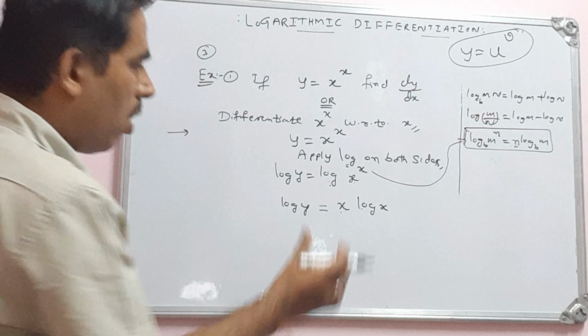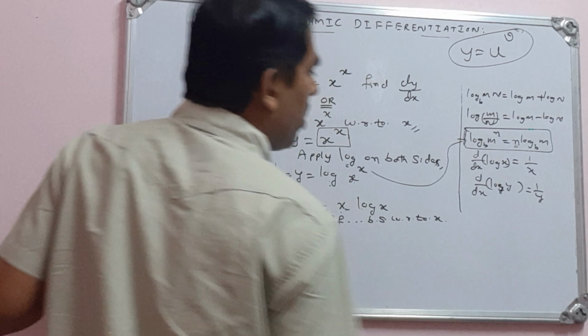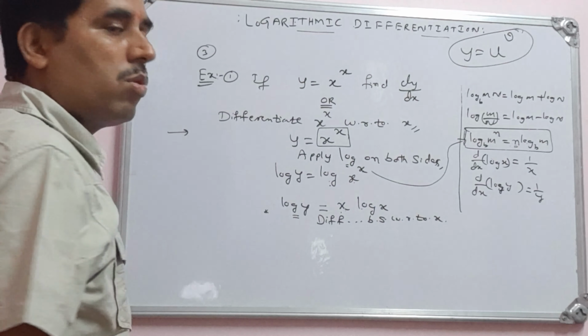Then what is the derivative of log y? Simply 1 by y? A lot of students will write 1 by y, but that is wrong. Why? Because we have not made use of the chain rule. This is y with respect to x, into x with respect to x, which we need not worry about, it is 1 by x. So log y means 1 by y into dy by dx. The derivative of log y is 1 by y into dy by dx, by the chain rule, on the left hand side.